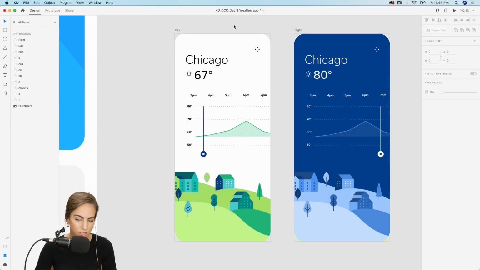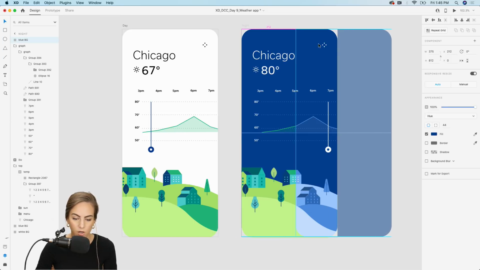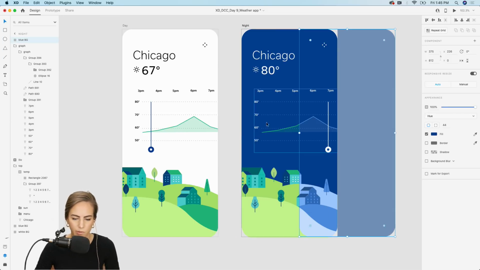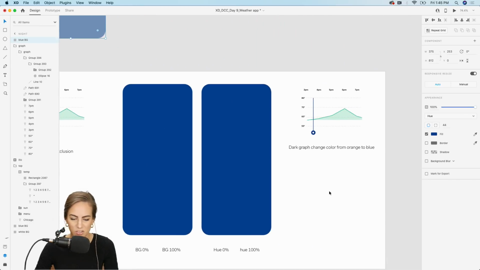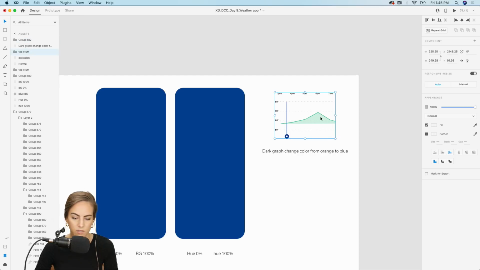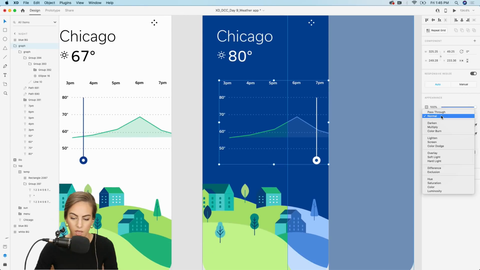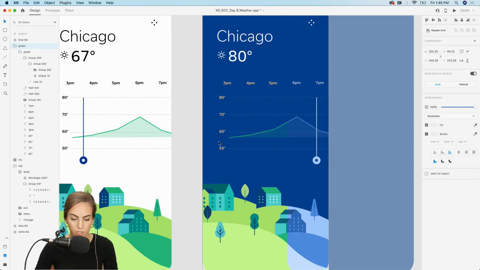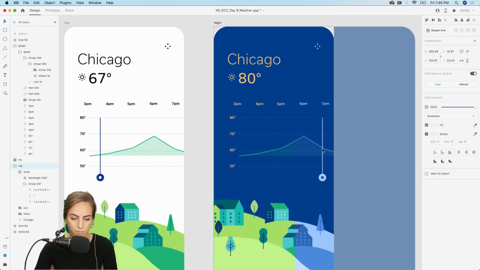So this is a bit of a workaround, but we actually need to change the text color as well, or give it a blending mode, if you will. So I'm just gonna scoot this over a little bit. I don't want to lose it, so I'm just gonna keep it there. So what I want to do is select just the graph, and I'm gonna make it an exclusion. And you'll notice that it turns to orange. I'll do the same thing with this up here.